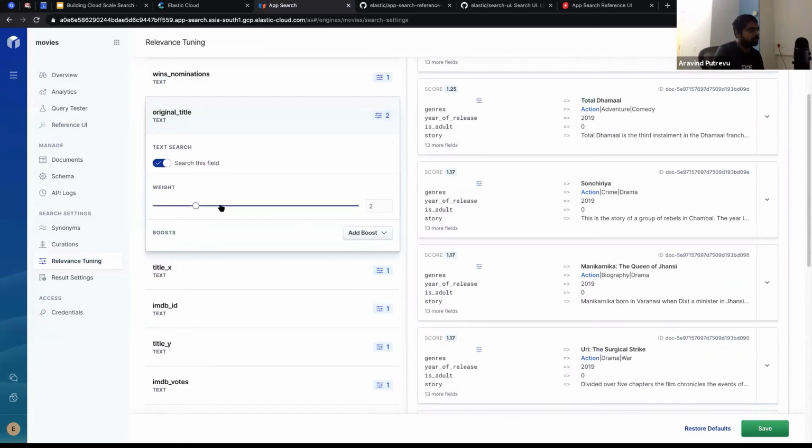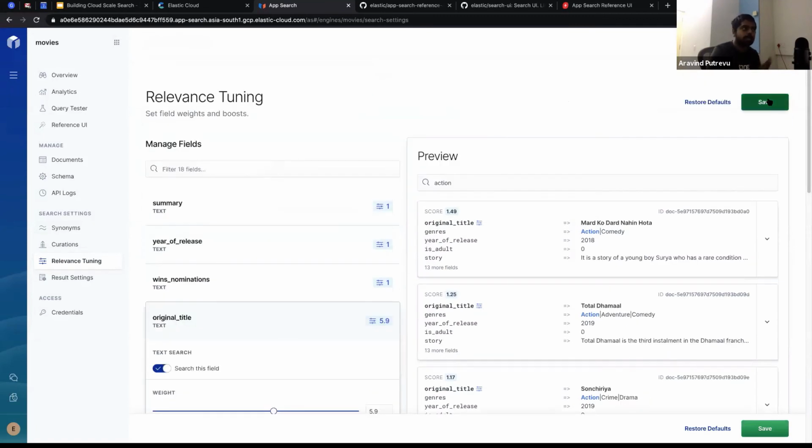I could adjust the weight in such a manner that that particular one would get priority. You could also eliminate a field from being searchable, so that reduces your search burden. So that is another way to look at things as well. You can save this and keep this relevance, or anybody in the team can come look and change things if it is not looking appropriate.